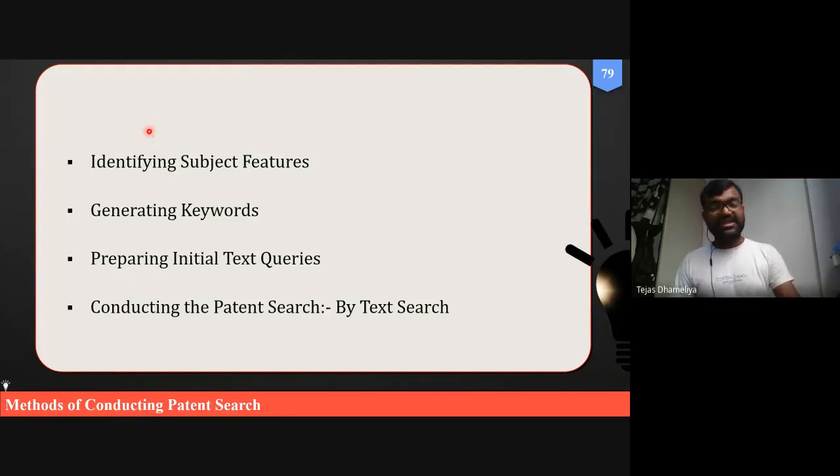Now this patent search is much more important for all the MPharm students studying in GTU. There is a reason for that. Why is it important?